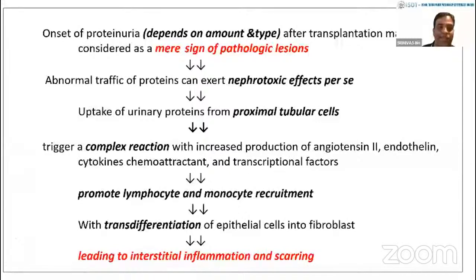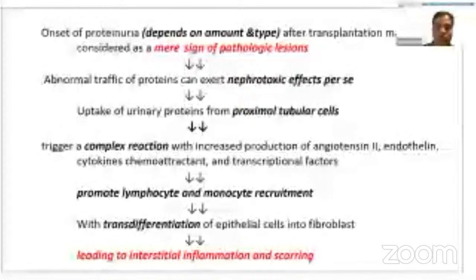At that time, the uptake of the proteins by the proximal tubular cells may be affected. That is causing a complex reaction with increased production of angiotensin 2, endothelin, cytokines, chemokines, and transcription factors. That promotes lymphocyte and monocyte recruitment with the transdifferentiation of the epithelial cells into fibroblasts. That is causing the different interstitial inflammation, lymphocytes, eosinophils, as well as the scarring. So this is the proposed theory of how the transplant proteinuria causes the effects on the